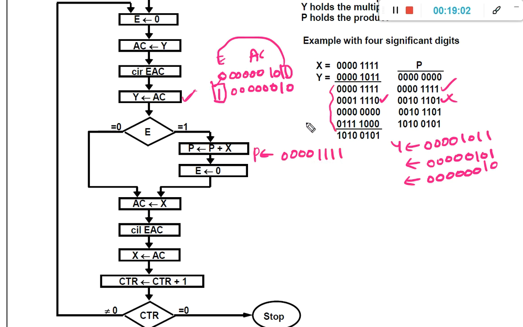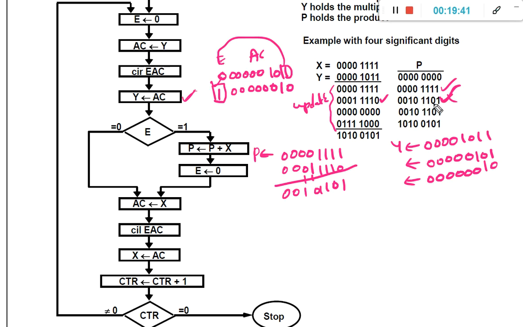The previous x value, these are the updated x values, is 0 0 0 1 1 1 1 0. Now we need to add both of them, and we get the carry and the sum. After the second iteration, we are going to get this value as the p value.